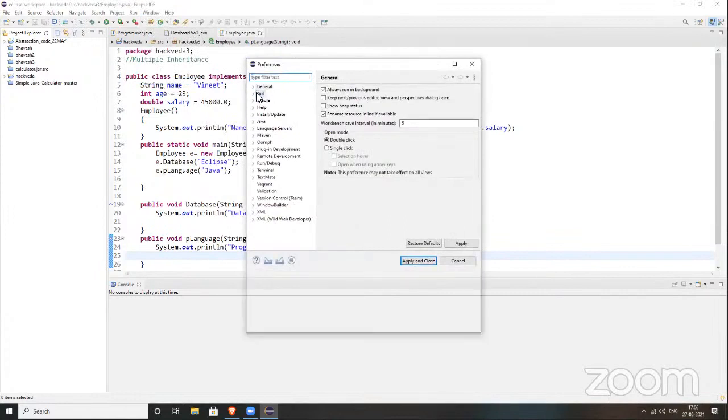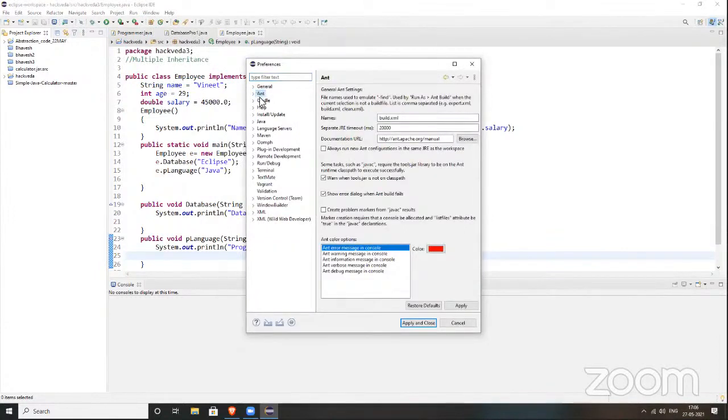Ant and Gradle are libraries. Have you heard about Maven? Actually Maven and Gradle are libraries, where we import packages to develop programs. I came to know about Gradle right now when I saw it, and there is one more, Maven. It's a kind of library platform.